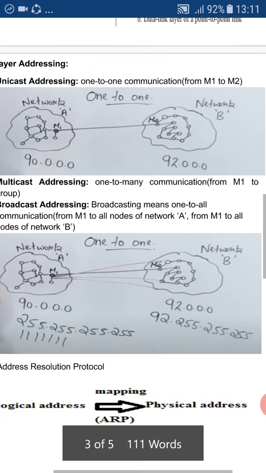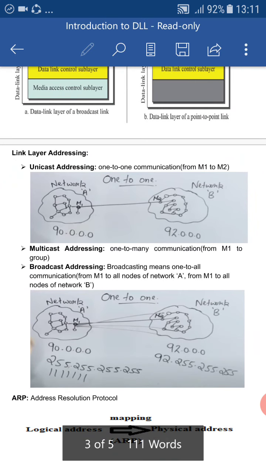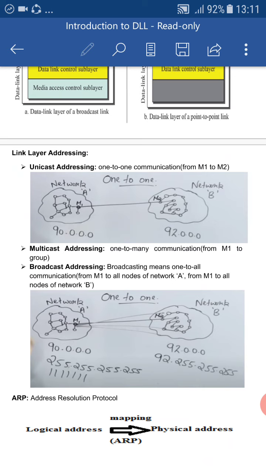Similarly, next thing we have is multicast address, which stands for one to many. So multicast address is again part of the broadcast address itself. But in multicast address, one host can communicate with a group of hosts. So the group is the main focus in multicast. To communicate with a group, it uses the protocol called IGMP, Internet Group Message Protocol.